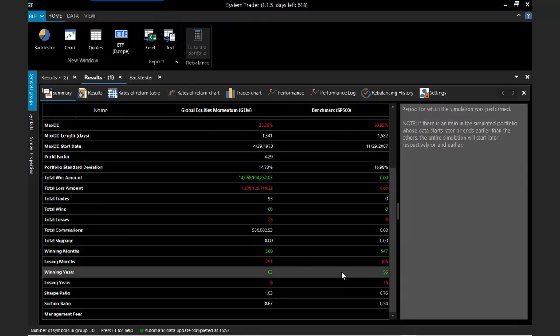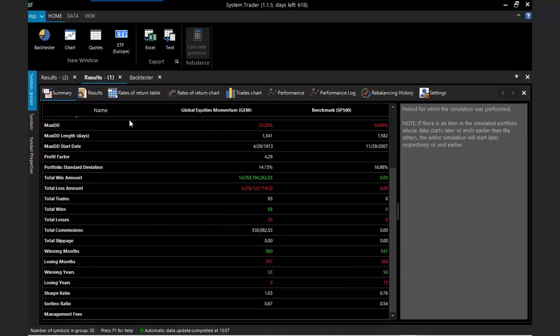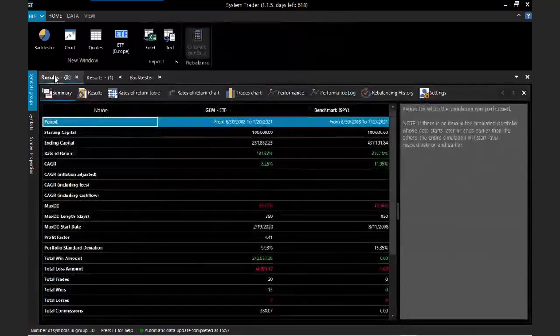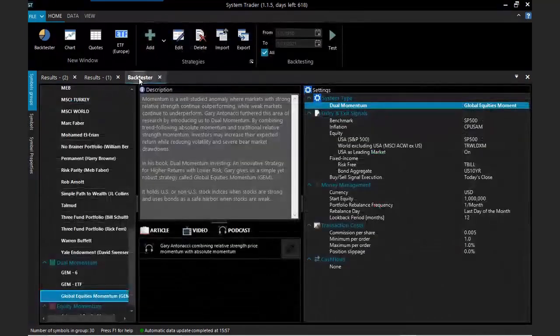So all in all, this is a strategy which is really great and very simple to use, because it's enough to look at your portfolio once a month to see which market is the strongest one, and just make sure that you keep that market in your portfolio. And now with ETFs in hand, you can do it very easily. For example, for the American index there is an S&P 500 ETF. Also for the MSCI All Country World Index excluding USA, there's another ETF. And you can also easily find an ETF for the bond market.